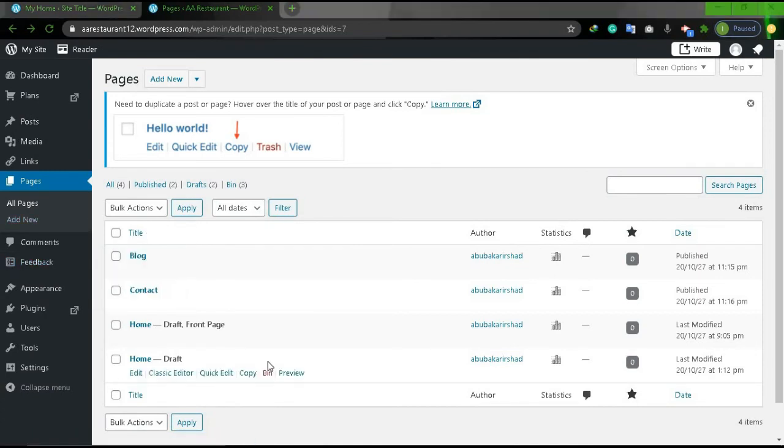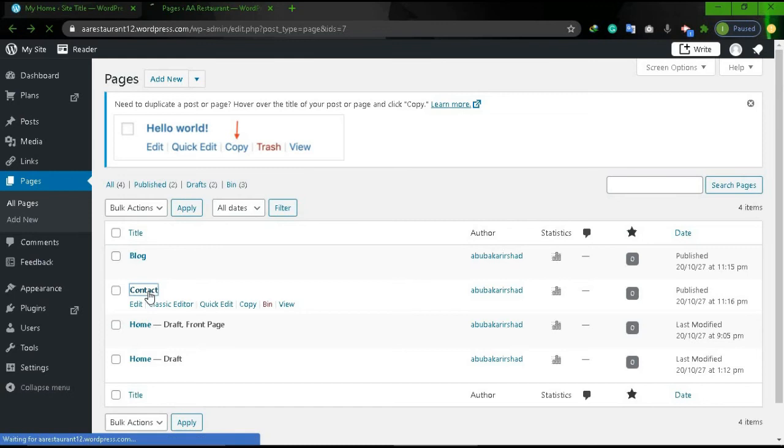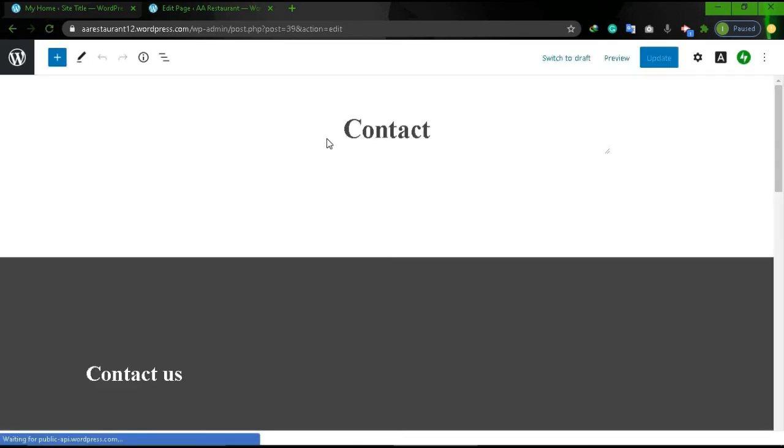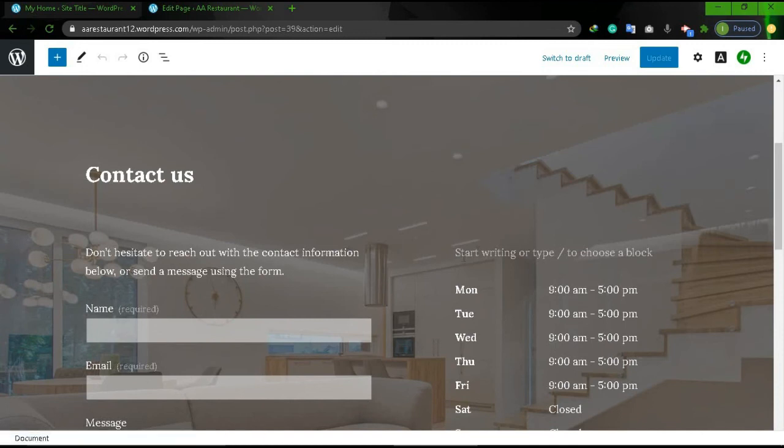Now if you want to edit the page manually, then simply click on that page. For example, I want to edit the contact page. I click on it. You can see the contact page has opened. I want to add some information here. For example, I want to add my email.